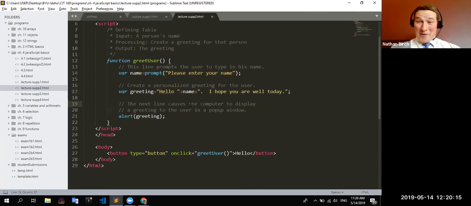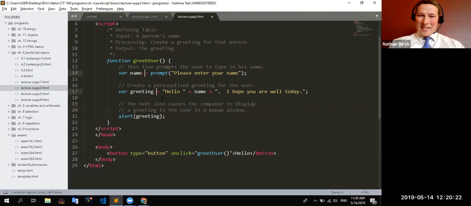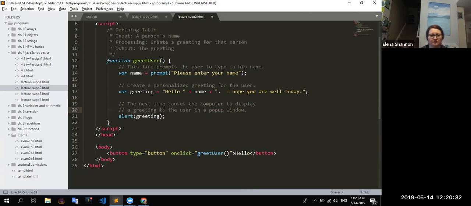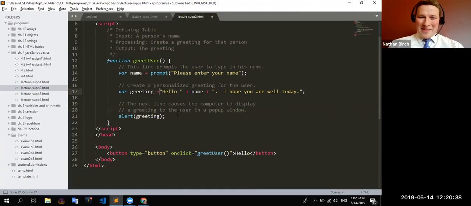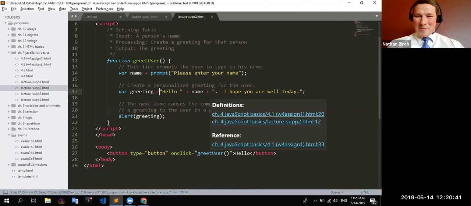Okay, my preference generally is to have a space between them. I like having it just a little bit spaced out. I think it's a little bit easier for me to read. But sometimes if I have a lot of stuff, I won't use spaces. But that's more of a personal call. So what if you put space on one side and forget to put space on the other side? Is it going to mess up your program? No, I could leave that like that, and the computer will still read it the exact same way.